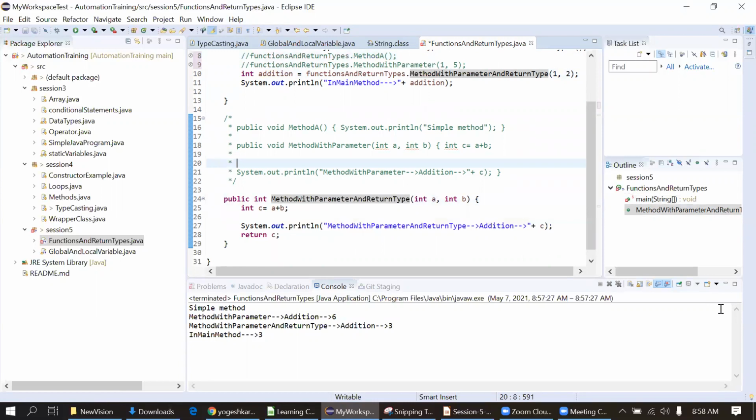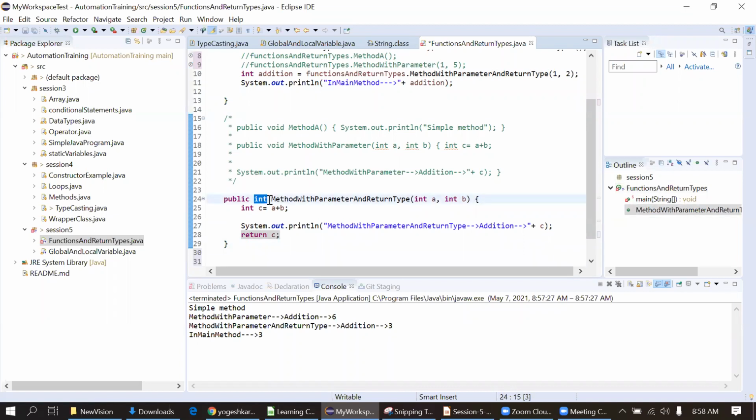Got one question. Yeah, from Keval, what is the difference between integer method and void method? Don't think about the integer method. Simply think about it's a method. Okay, I will just tell you another example. It's a return type only. This second will be always return type.